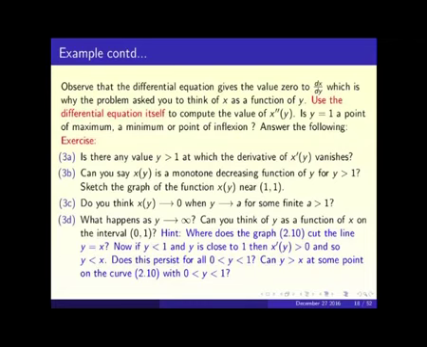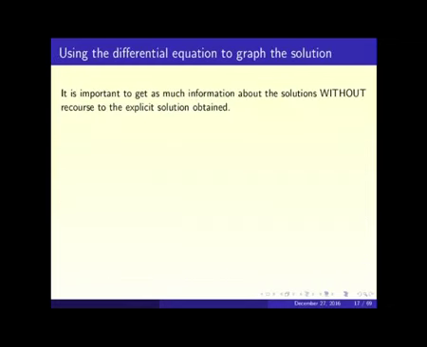Okay, so let's go back to the first question: how to compute the second derivative directly from the differential equation. It's important to do that. I'll come back to this point again later. It is important to get as much information as you possibly can directly from the differential equation without solving the